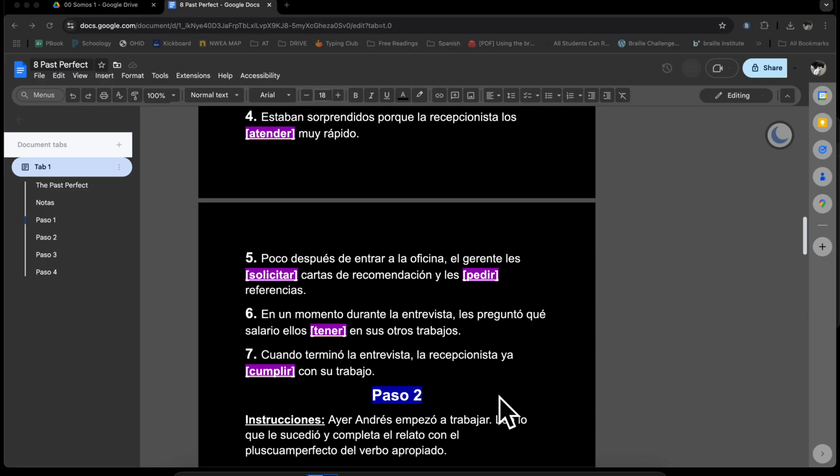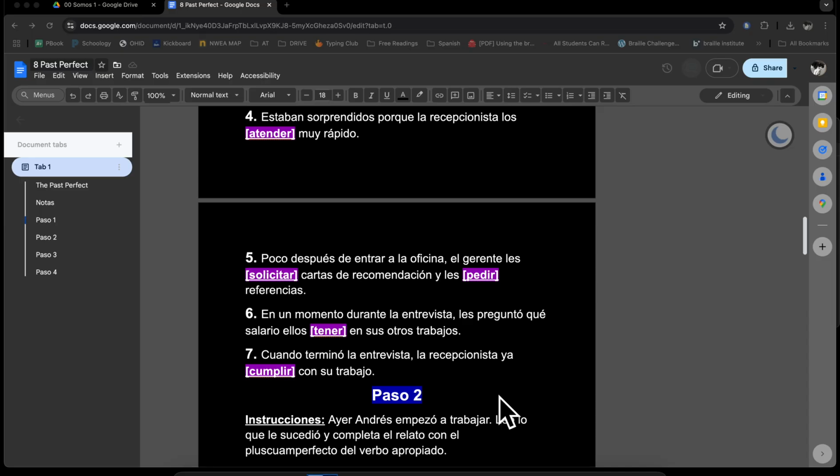Y les había pedido, P-E-D-I-D-O, les había pedido referencias. 6. En un momento durante la entrevista, in one moment during the interview, les preguntó qué salarios ellos tener. He asked them what salary they'd had. Les preguntó qué salarios ellos había tenido en sus otros trabajos that they had in their other jobs. Y finalmente el 7, cuando terminó la entrevista, when the interview finished, la